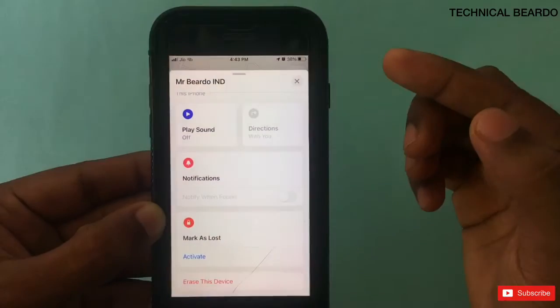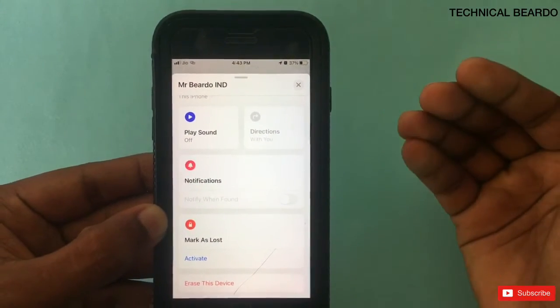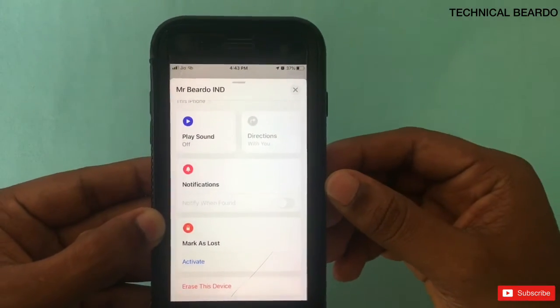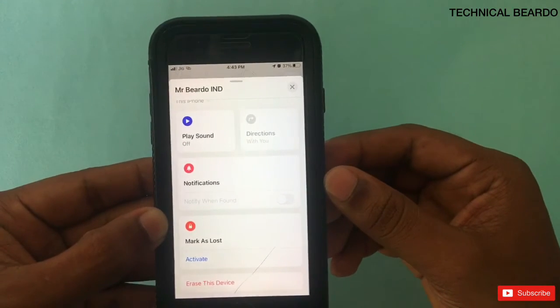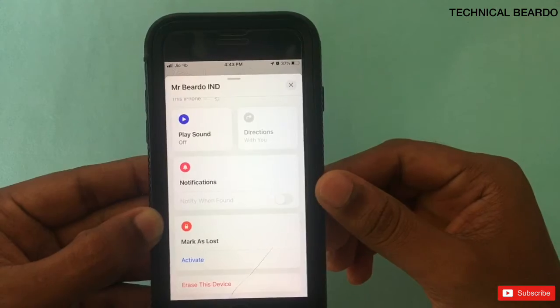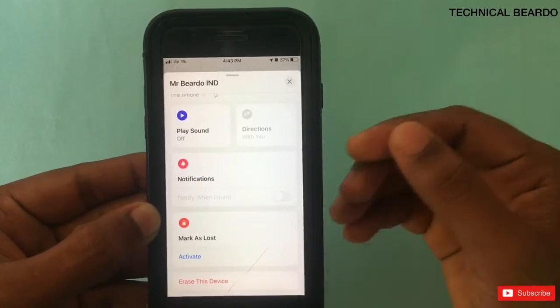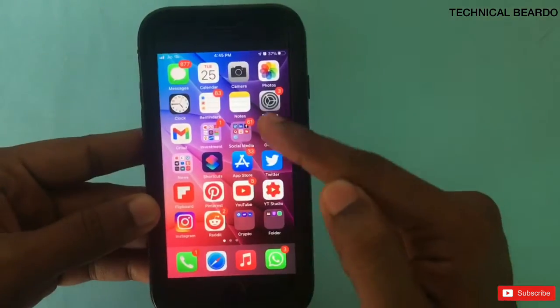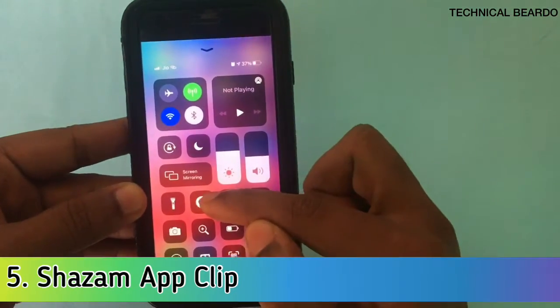It might display the mobile number, but partially, not fully. So I feel that it's a really good feature when it comes to privacy, where you can choose the medium of communication, whether it's the mobile number or the email address. The next feature of iOS 14.6 is really cool and very interesting.